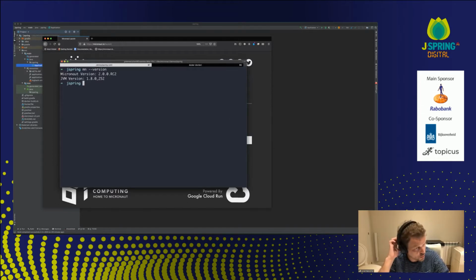Which you can use to generate an application completely offline. So, if you ever are on an airplane one day, you can generate Micronaut applications offline with MN, and you can do so interactively. So I can type MN, and then I can say create-app, and then I can give it a name,